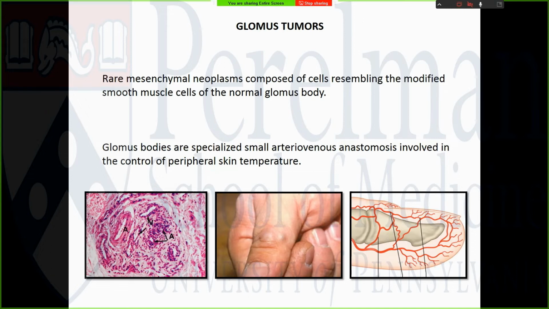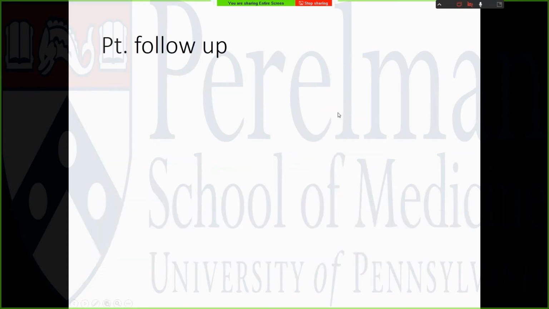So as such, essentially this tumor is going to be found in the skin and subcutaneous tissue of the hand, and particularly common is the subungual region. Sometimes they can be found in extracutaneous sites, such as in our case, and of those, the most common is the gastric. So since my presentation, the patient underwent excision of that